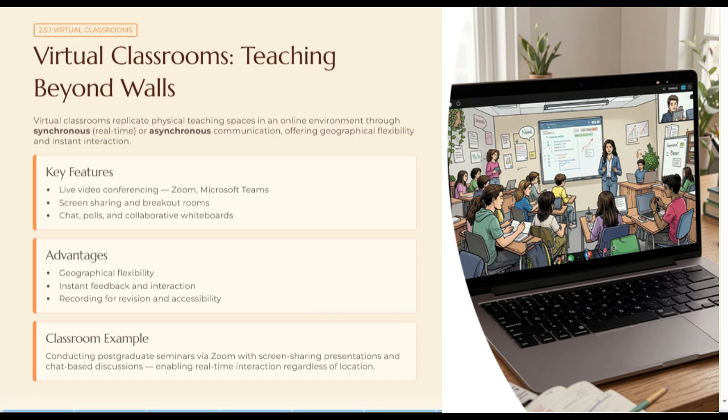Some of these platforms, especially paid ones, have the ability to record, where you could watch the videos later for revision. So a practical example is conducting a project-based seminar via Zoom with screen sharing, presentations, and chat-based discussion, enabling real-time